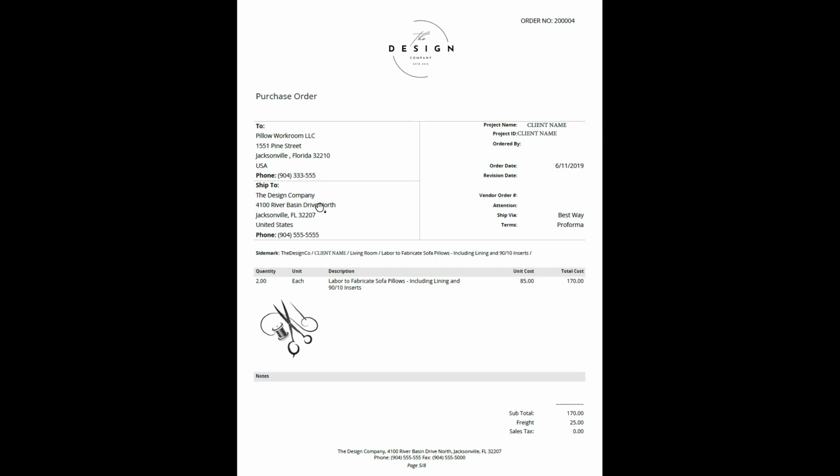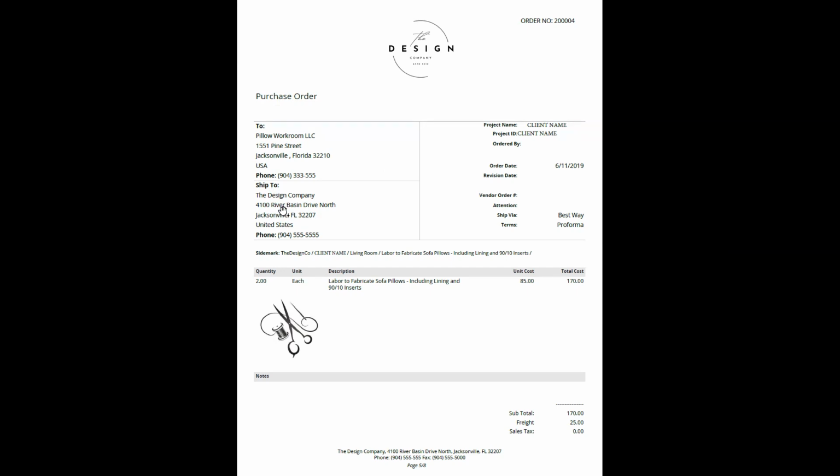Now, it could go to the design firm, definitely. These are small, that would work out well. But if this was a sofa, or if there was lots of pillows, you could see how very quickly the design firm's cubicles would get filled up with all this stuff. So a lot of times for something big, it may go to a warehouse where all of the client's stuff is waiting, and then one day it all shows up and they install it at the client's site. So that's another option of who we could ship this stuff to.